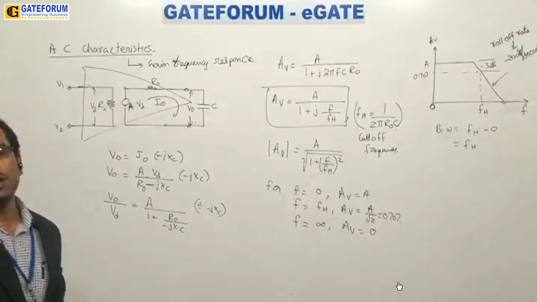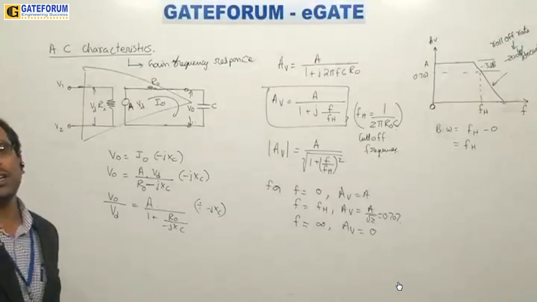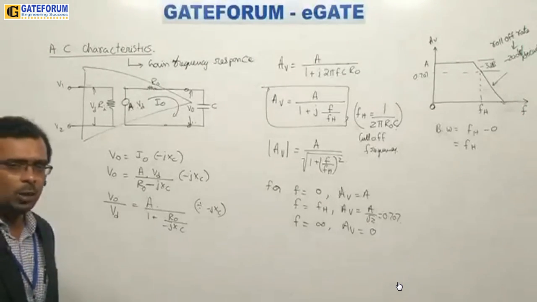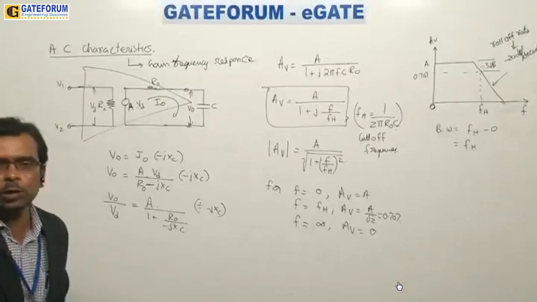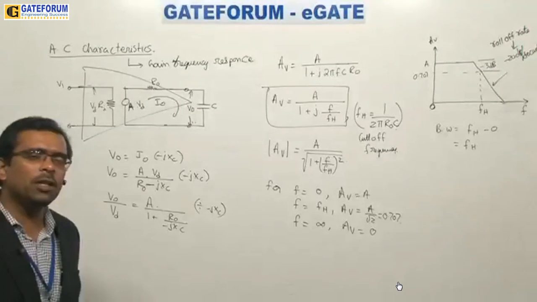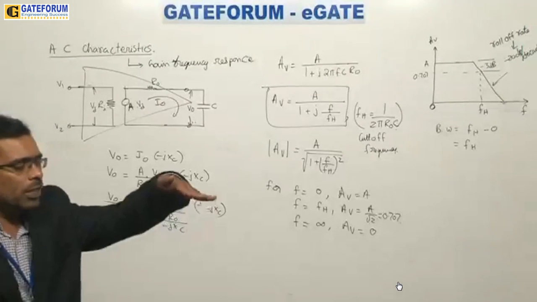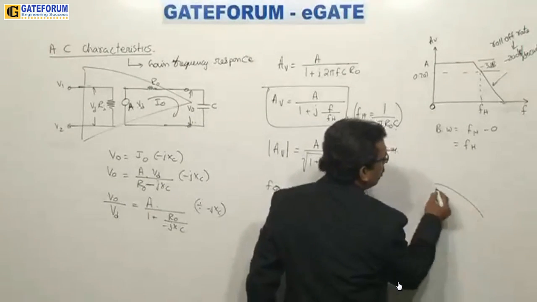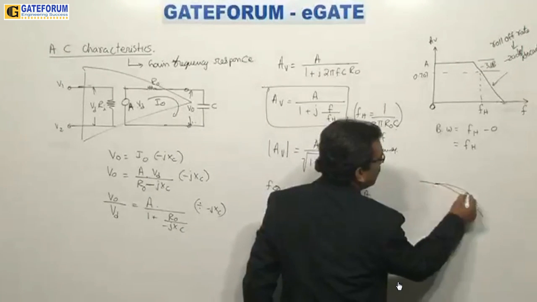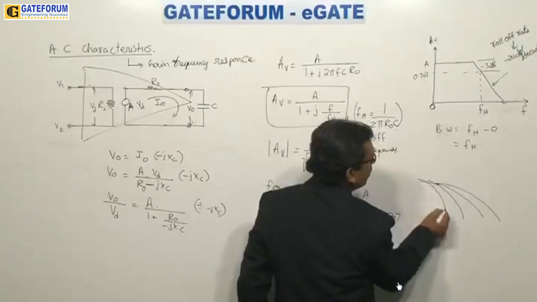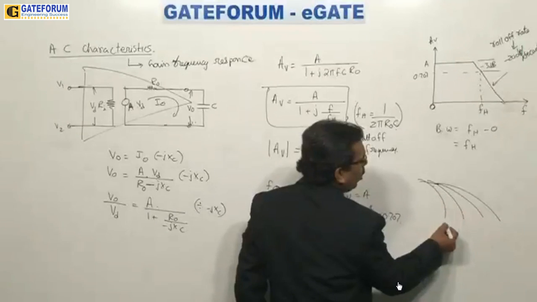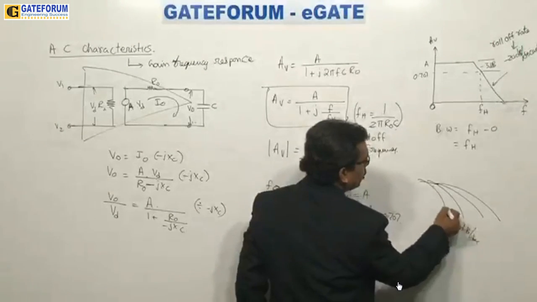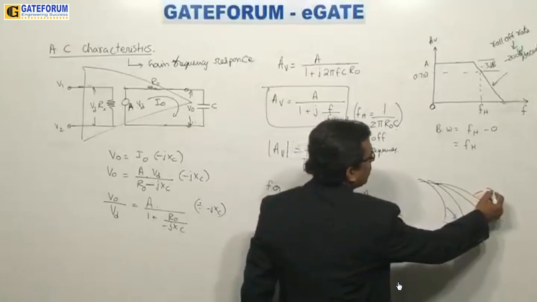at minus 20 dB. If you go from 100 to 1000, 10 times, gain falls with minus 40 dB, and 1000 to 10,000, it falls at minus 60 dB. 10,000 to 1 lakh, it falls at minus 80 dB. It means the gain is going to fall down like this. This is the response. So this is the roll off rate. You can get it like this. So high roll off rate, minus 80 dB per decade, and here this is minus